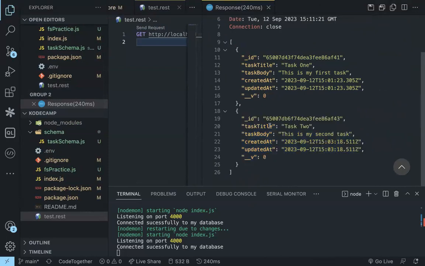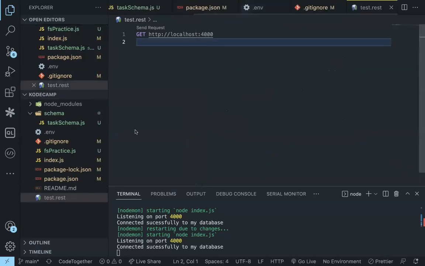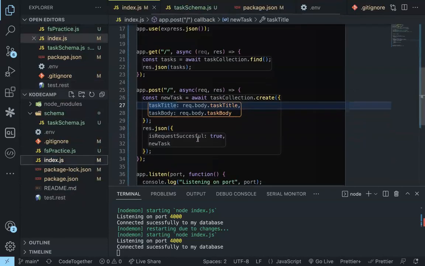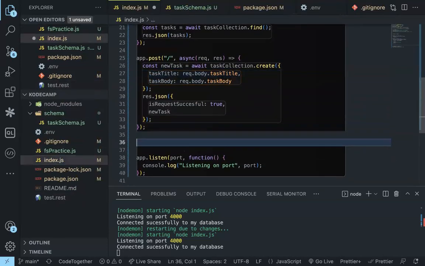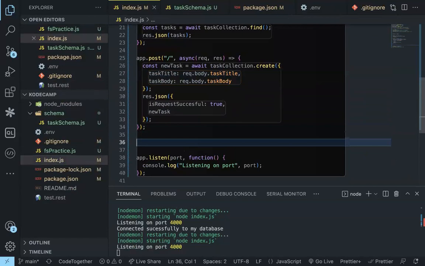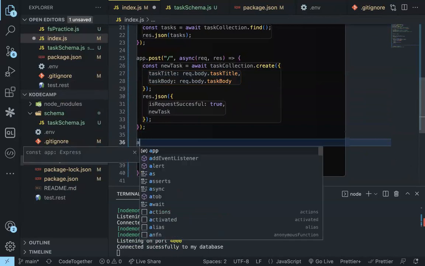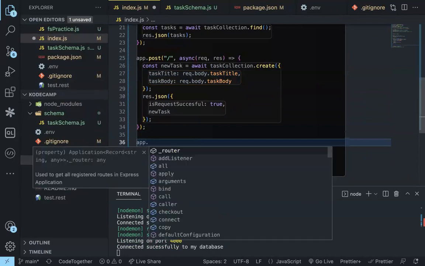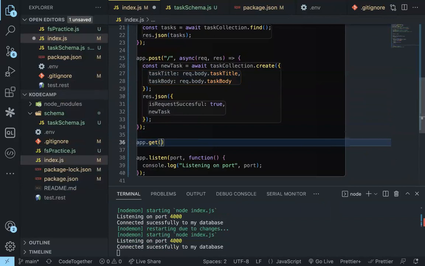Now, how do we get a single task? Let's say I want to get only this task. How do I get it? We've not written the code for that, right? In order to get a single task, there are actually two ways of doing it, but I'll use the one for the ID. I'll show you. If I want to get a single task, I'll say app.get, then I'll say /